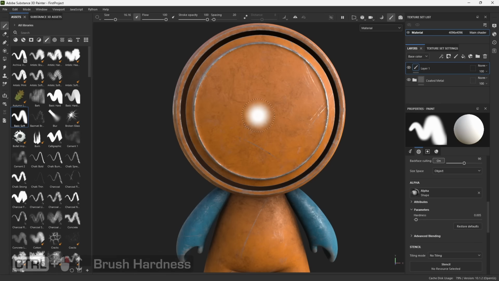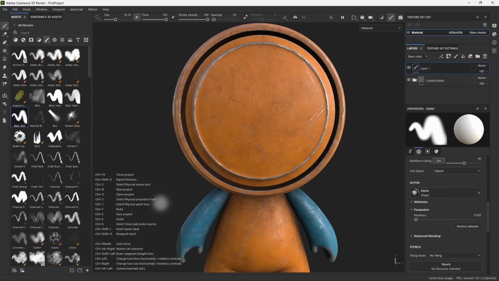And if you ever forget what a shortcut is, because Substance Painter does have a bunch of shortcuts built into it, then you could just hold down Shift, Control, or Alt. For example, let me hold down Control. And down here in the bottom left-hand corner, we will see all the shortcuts associated with Control. You can see that we have Control Right, which changes the tool size, and the hardness,